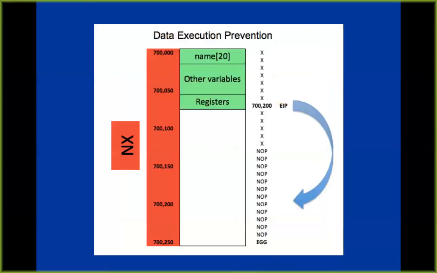Data execution prevention lets you put permissions on memory. This has been in motherboards for at least 10 years, but it was not implemented by versions of Windows before XP Service Pack 3, I think. Maybe it was Service Pack 1. One of the service packs added this. So you could mark a region of memory non-executable. And that's what you should do for the stack.